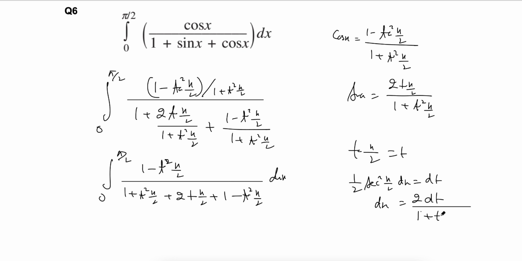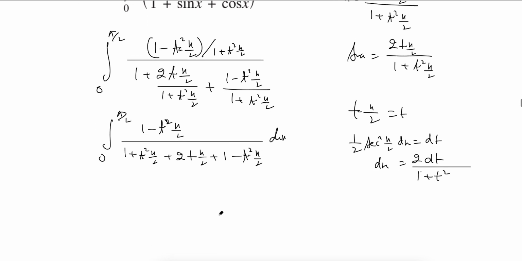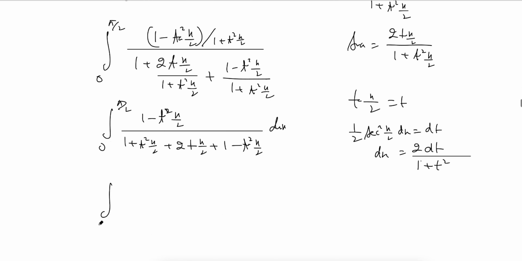Have you understood? This value as it is I am putting here. Of course, the limit has to be changed. When x equals 0, t will be 0. When x equals pi by 2, t will be tan pi by 4, which means 1. And 1 minus t square divided by, watch, tan square x by 2 minus tan square x by 2 will get cancelled. 1 plus 2t into 2 by